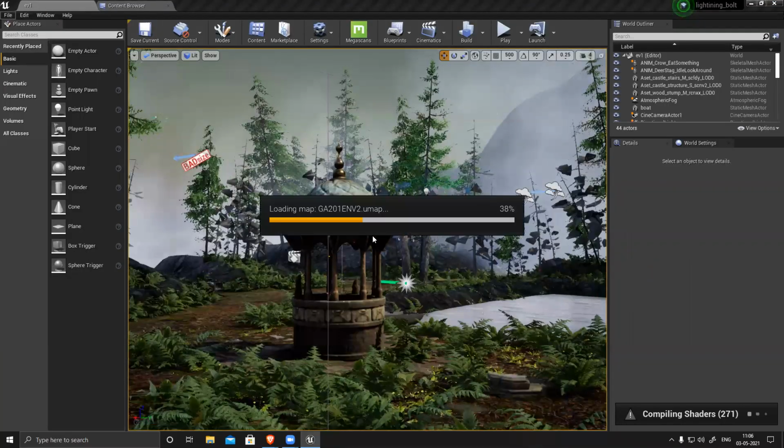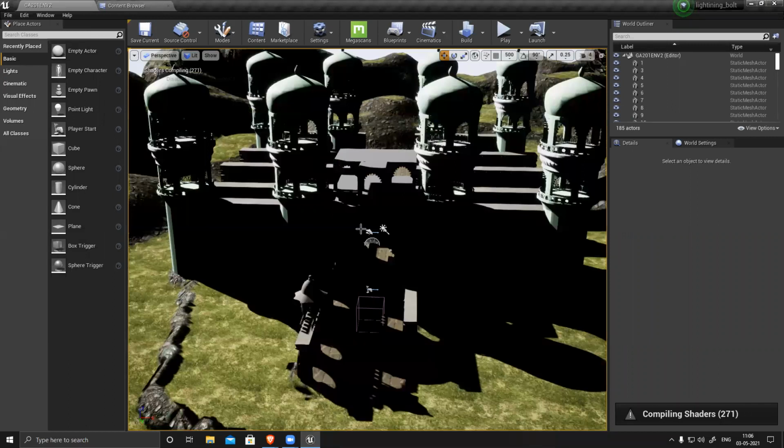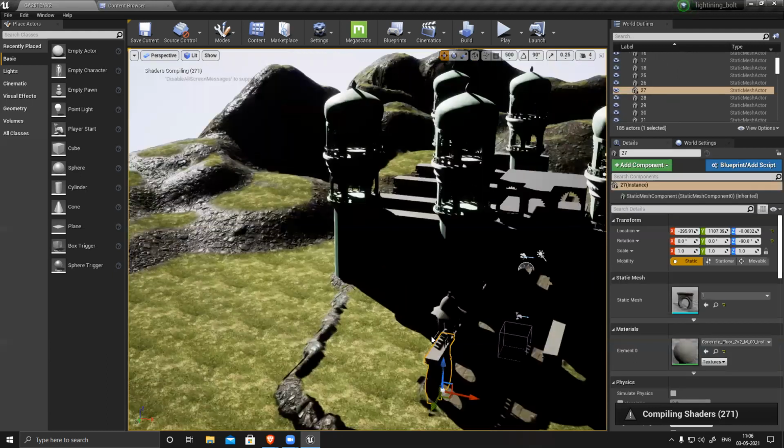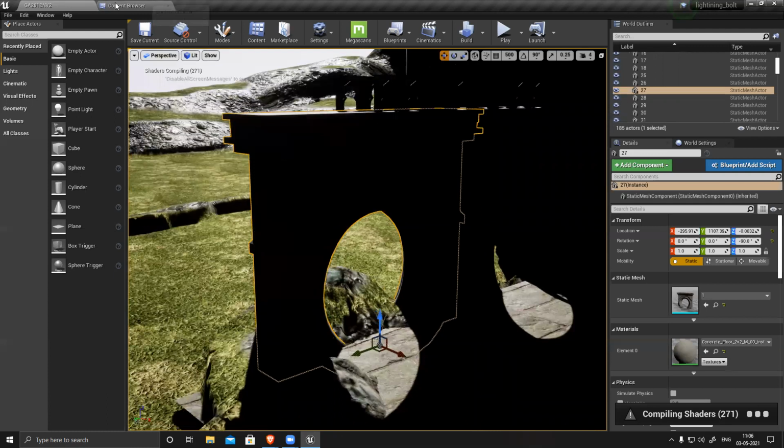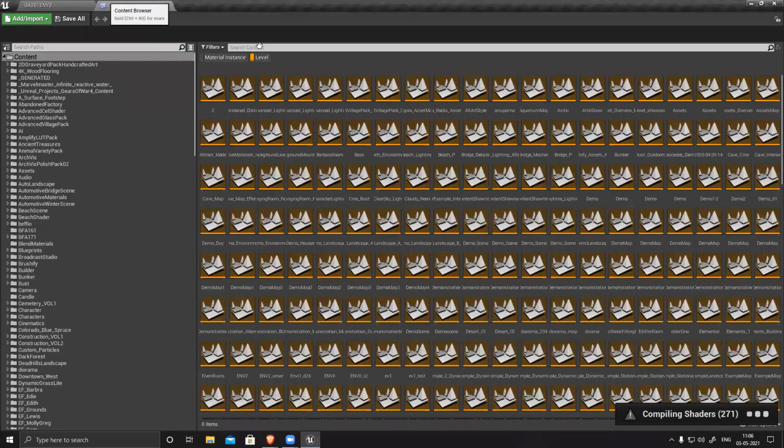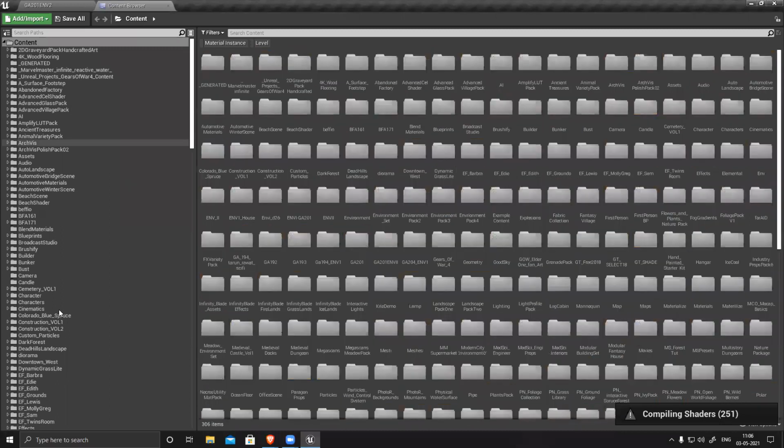Sir, you said you will show trim sheets today. Yes. So I have this section. Let's open the folder.